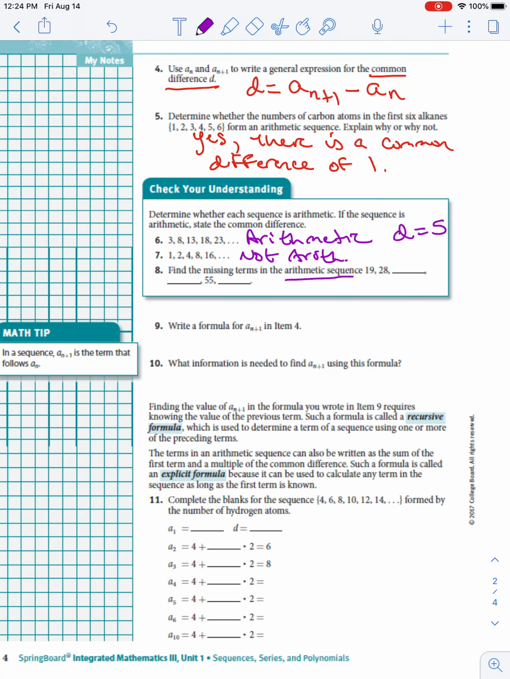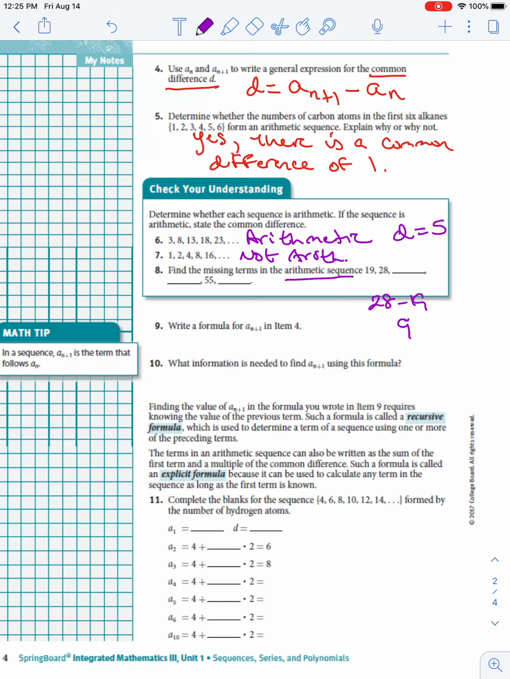It says find the missing terms in the arithmetic sequence. All right, well, we need to get that common difference first. So let's do that. I want to take 28 minus 19, and 28 minus 19 is going to be 9. So our common difference is 9, which means we just have to add 9 to each term to keep this